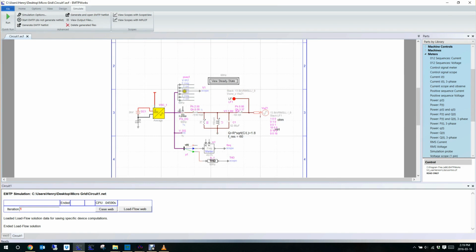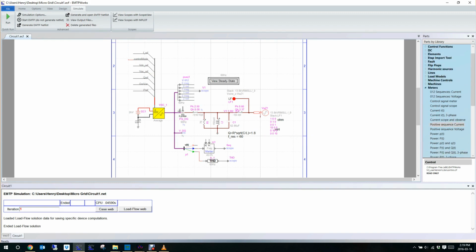Okay, so let's do that. The first one, you see, is the control mode. So what is the control mode? If you input 1 here, it's PQ. If you put 4, it's VF. So what we'll do is at 0.5 seconds, we'll switch from 1 to 4. Okay, so how do we do that? Let's take